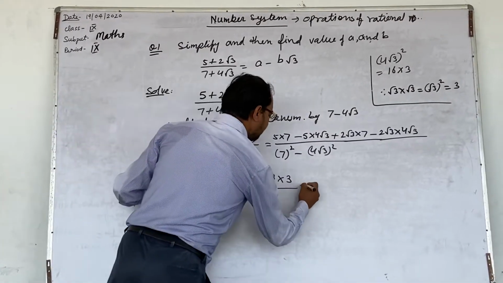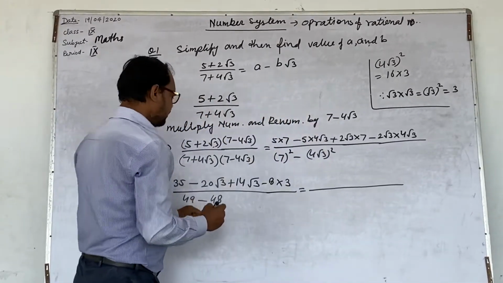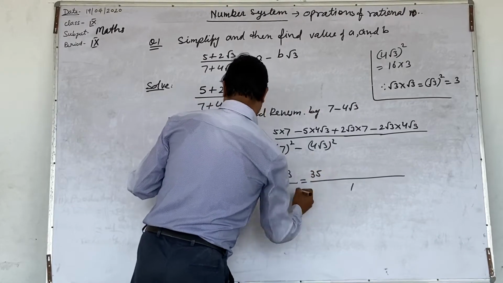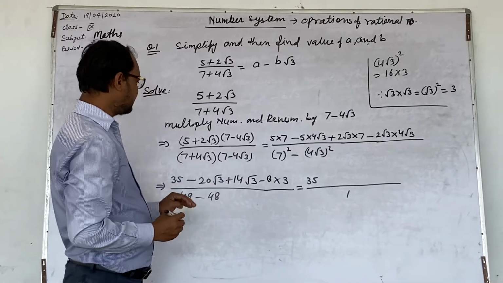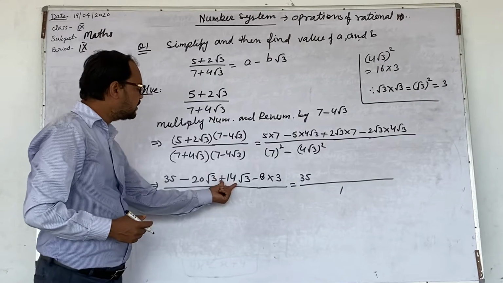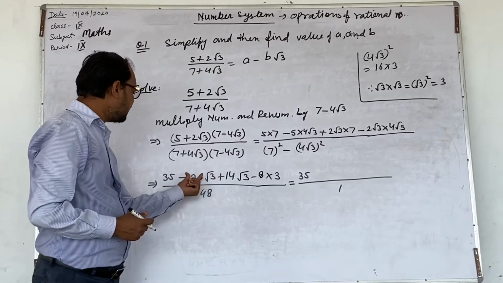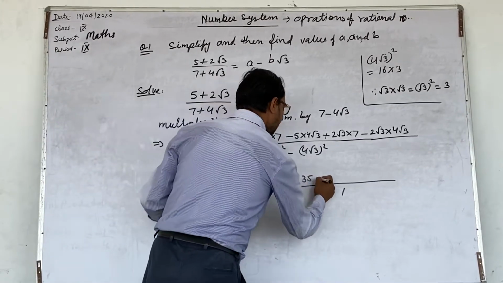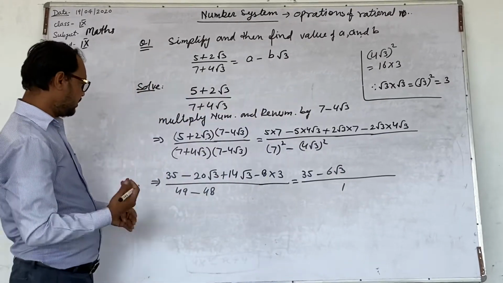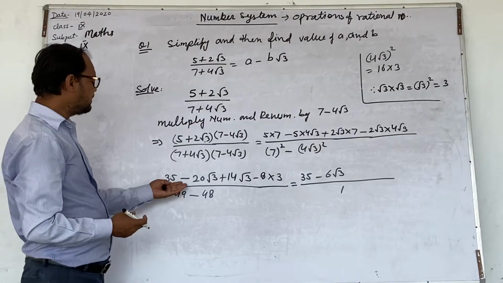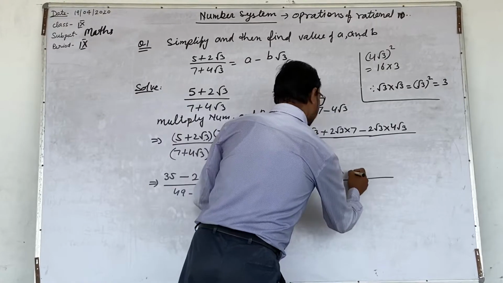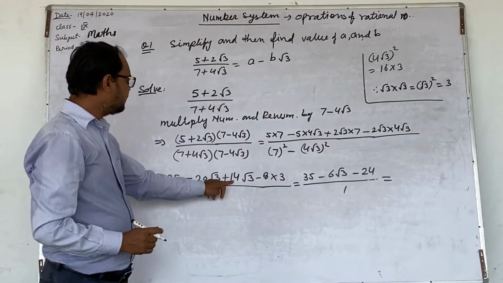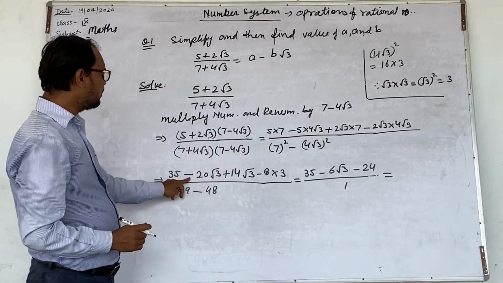Now add and subtract the like terms; first complete the multiplication. 49 minus 48 gets 1, and 35, and this is 20 root 3, this is 14 root 3. 20 root 3 यहाँ पे निगेटिव है, 14 root 3 पॉजिटिव है। ठीक है, हमारे पास रूट 3 कॉमन है, 20 तो निगेटिव है, 14 तो पॉजिटिव है, दोनों मिला के कितने बचेंगे आपके पास? दिस विल बी 6 रूट 3। कौन ज्यादा है, कौन मोर है? नेगेटिव वाला, तो जो चीज ज्यादा है वही बचेगा, माइनस वाला ज्यादा है इसलिए माइनस वाला बचेगा। नाउ 8 3 जा 24, ओके। 35 as it is, 20 root 3 plus 14 root 3 gives minus 6 root 3 because minus is more, and 8 threes are 24.